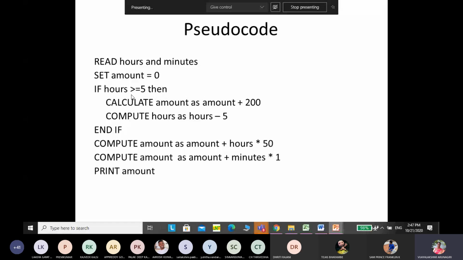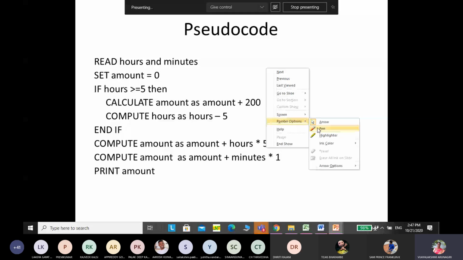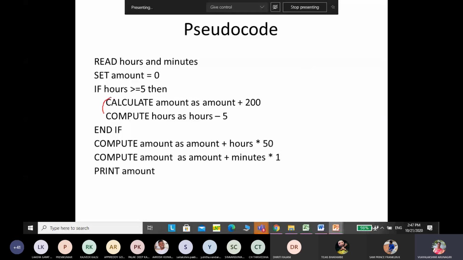If it is not, I'm going to skip these 2 statements. If my hours worked is less than 5 and this condition fails, directly I'll come and execute this. So in this case, I'm going to do some selection.